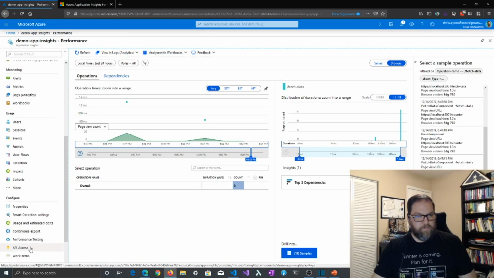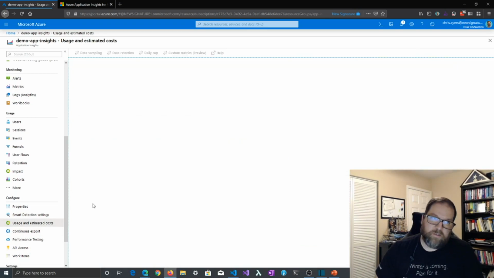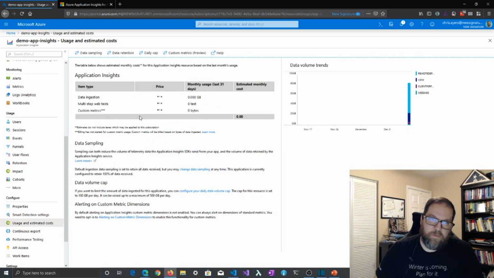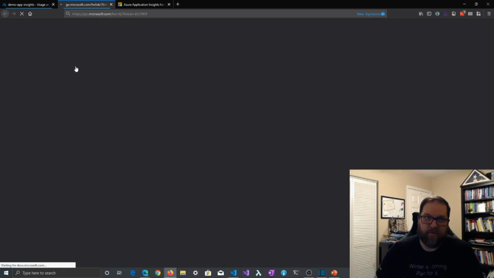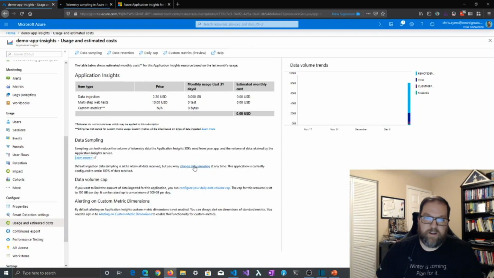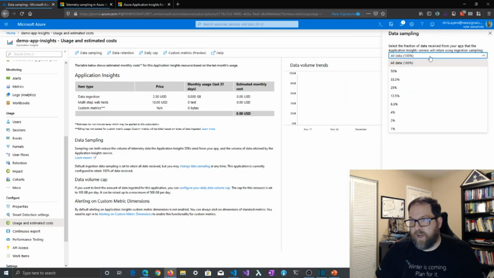Now, I did mention earlier about costs. There's an estimator. It tells you the costs and the data ingestion and has estimates on things. Now, I did mention that we were sampling 100% of the data. So if I look at change sampling rate, you can see all data is being sampled by App Insights, and